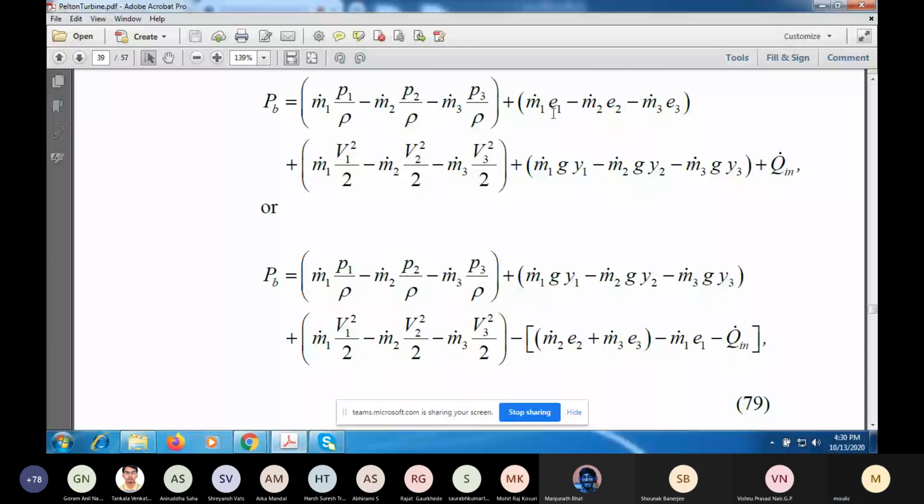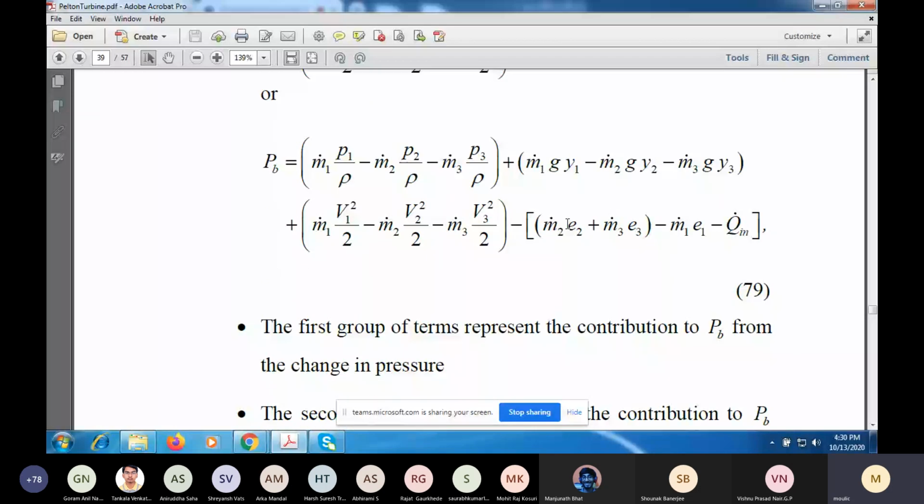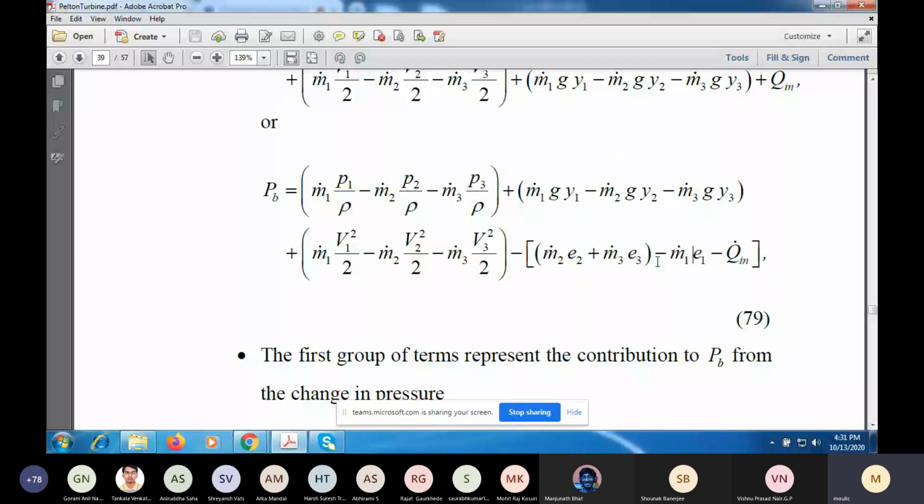Now there's a very good reason why I factored out the minus sign. If you recall, we have discussed this before for the case of steady flow energy equation with one inlet and one outlet. This entire group of terms you can identify as the head loss. And the other three terms are the three components of the total head: the pressure head, the velocity head, and the